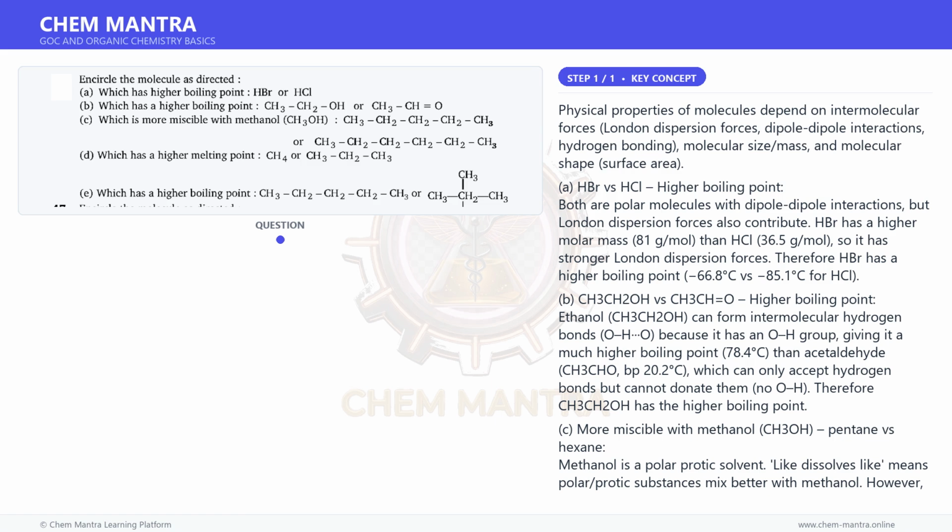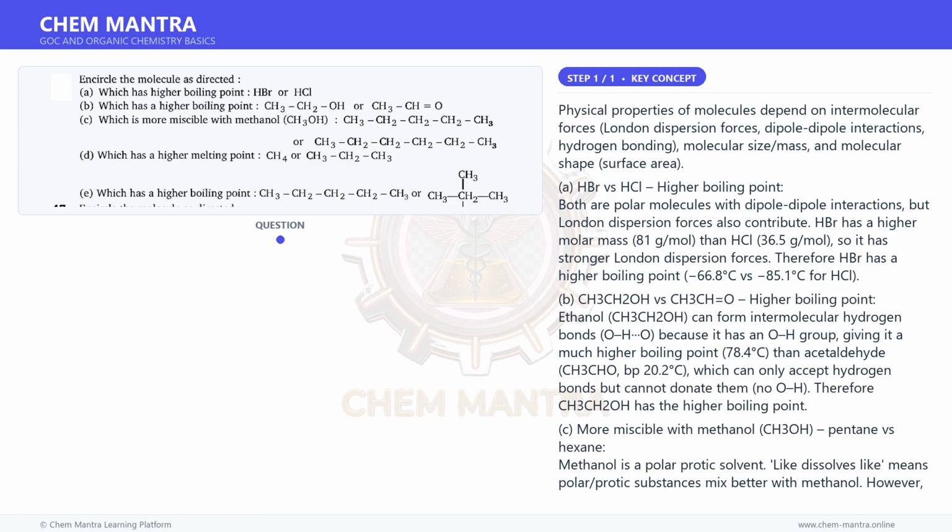But the given answer states CH3CH2CH3 has the higher melting point. In the context of this problem set and the given answer, propane is selected. The reasoning in M.S. Chauhan's framework treats larger molecules as having higher melting points due to greater London dispersion forces, consistent with the general trend. Therefore, CH3CH2CH3 has the higher melting point per the given answer.